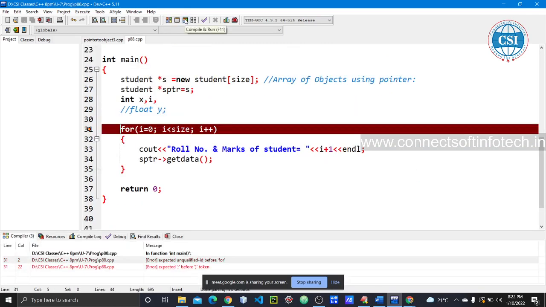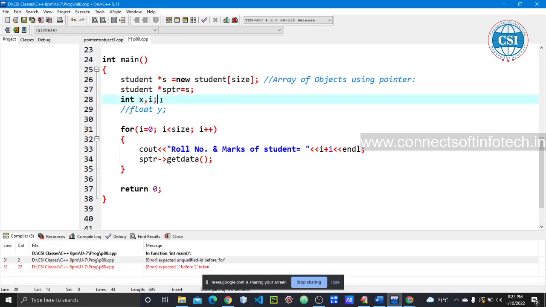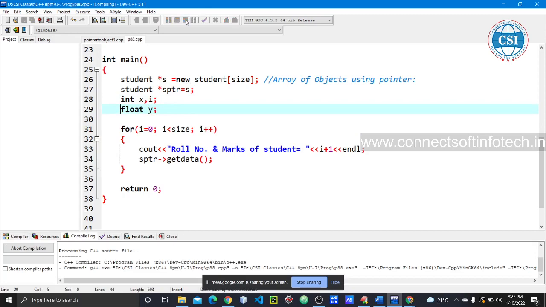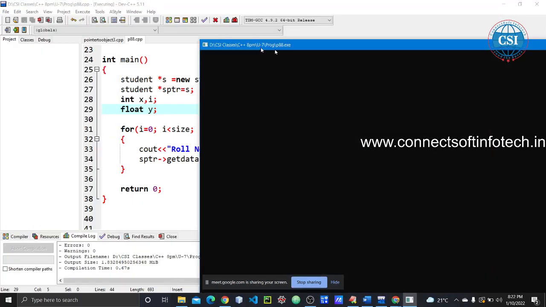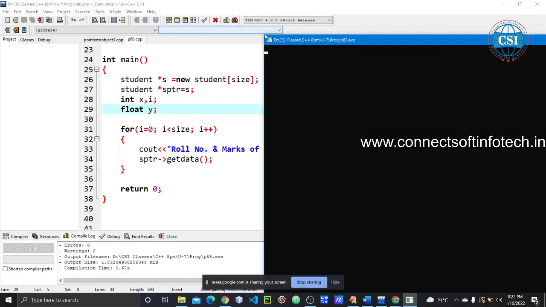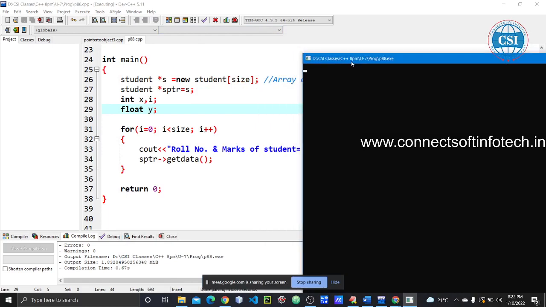If you want to see what error it is showing, a semicolon expected, right. Now it is okay. See here, the first output will be roll number and marks of student 1.